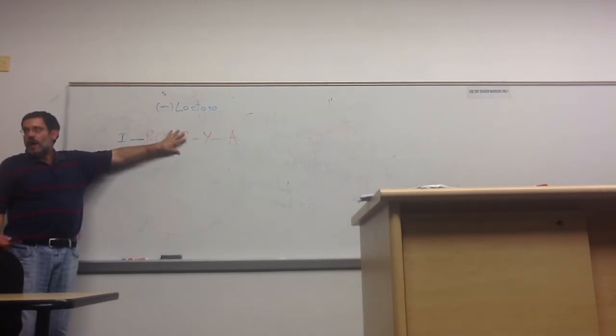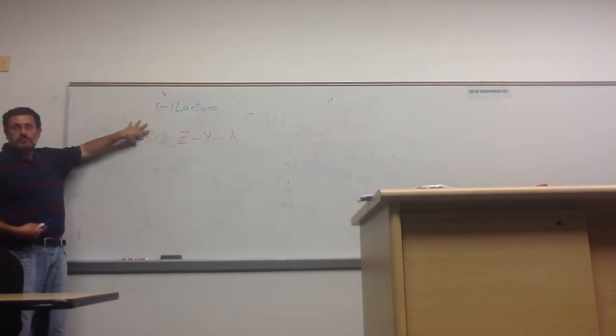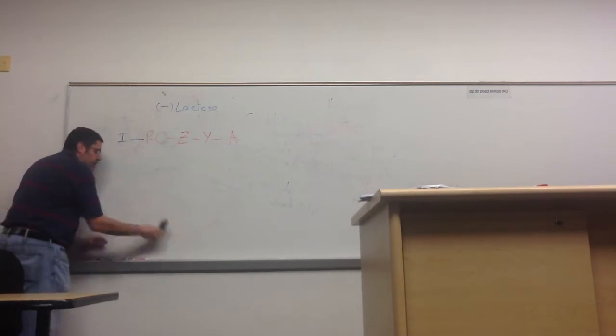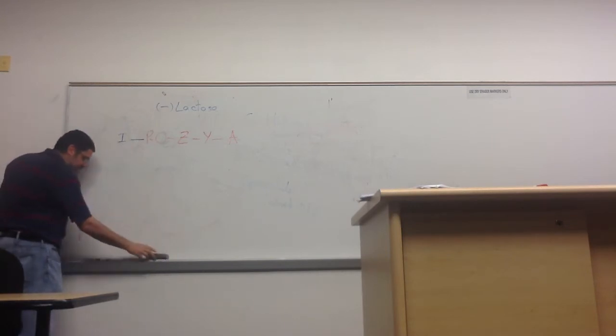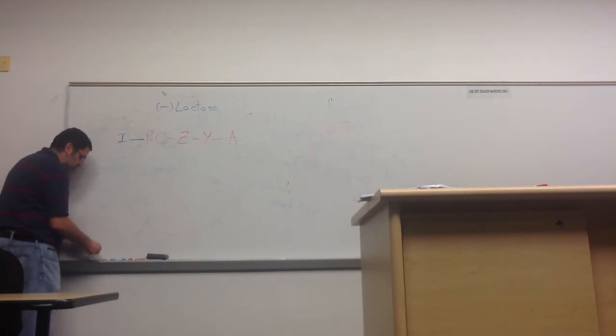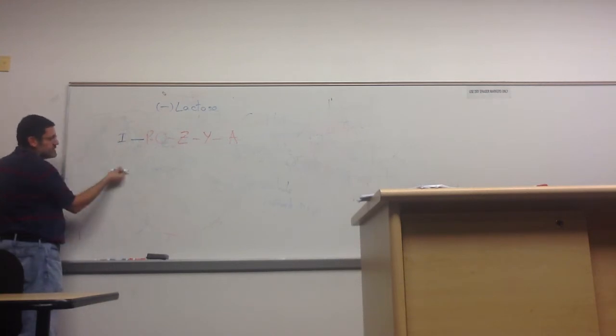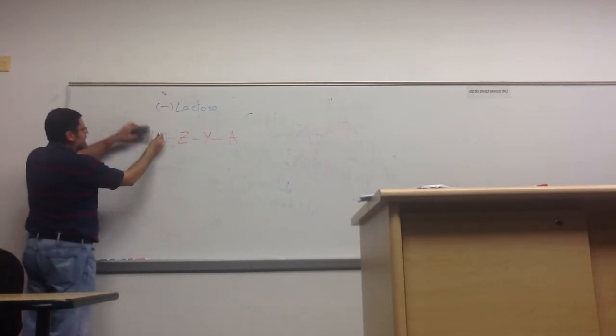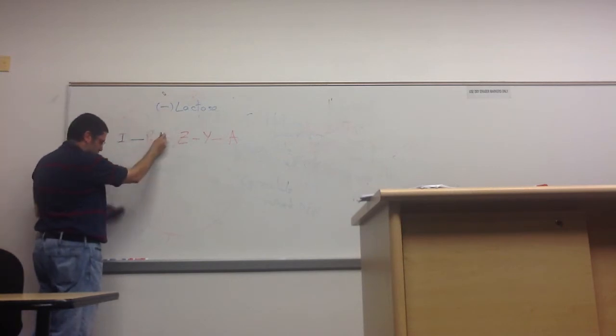No. How does the system shut itself? Well, that's what the repressor does. This I is always made. The repressor will bind to the operator, and therefore polymerase can't bind anymore. So there is no transcription,